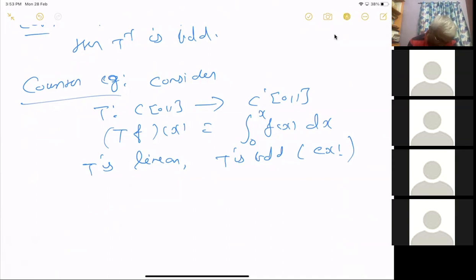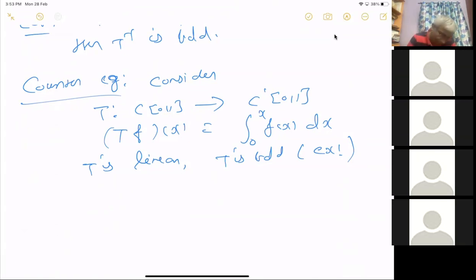Let me take an x_n, and T x_n. Suppose I want to prove that T is not bounded below. T is linear, T is bounded, but T is not bounded below. This is just a counterexample. I want to say that if the range is not closed, then it will not be an open map.